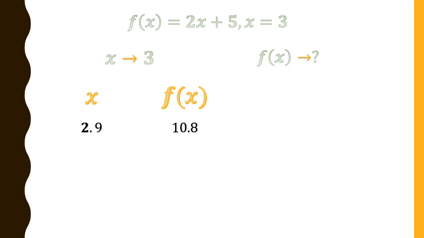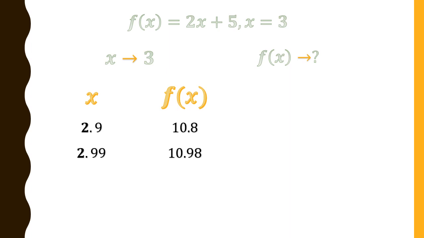Okay, let us take another value which is a bit nearer to 3, that is 2.99. So 2.99 is nearer to 3. This is the value I have taken arbitrarily. Basically you can take other values, but it is advisable that you take the same pattern because it is the best possible. So when I replace x in 2x plus 5 with 2.99, I get